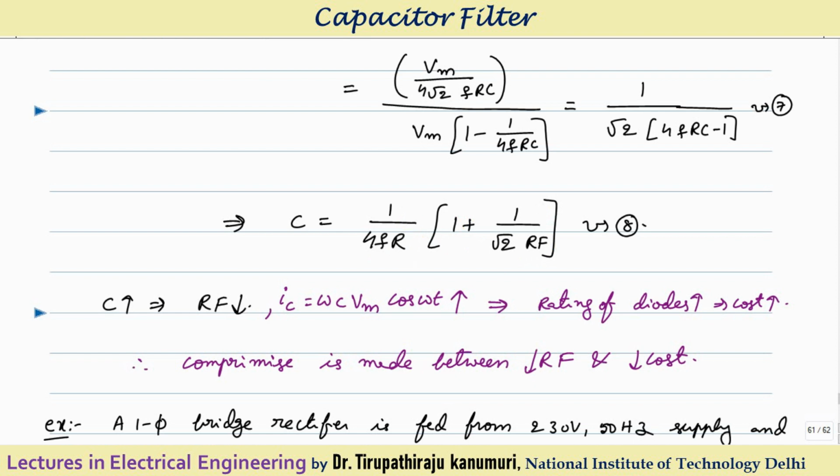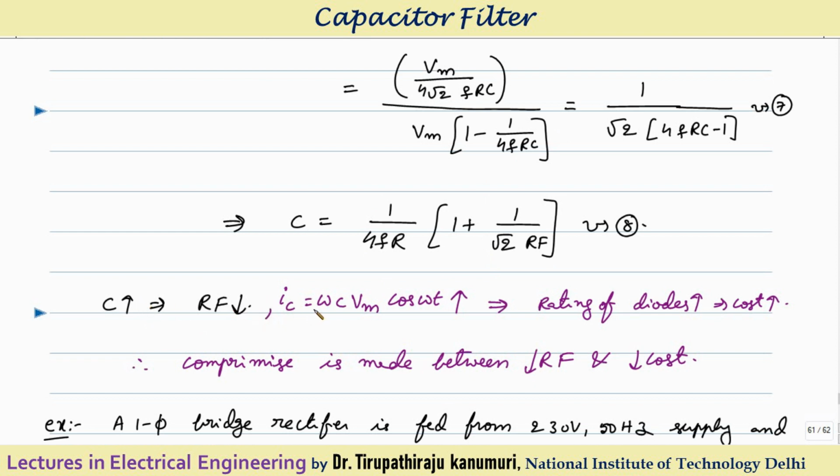1 by 4 FR into 1 plus root 2 times of RF. So now in the numerical, if they ask to calculate the value of the capacitance to get a particular limit of ripple factor, you can use this formula. From this formula you can observe that as the capacitor is increased, ripple factor is decreased, but